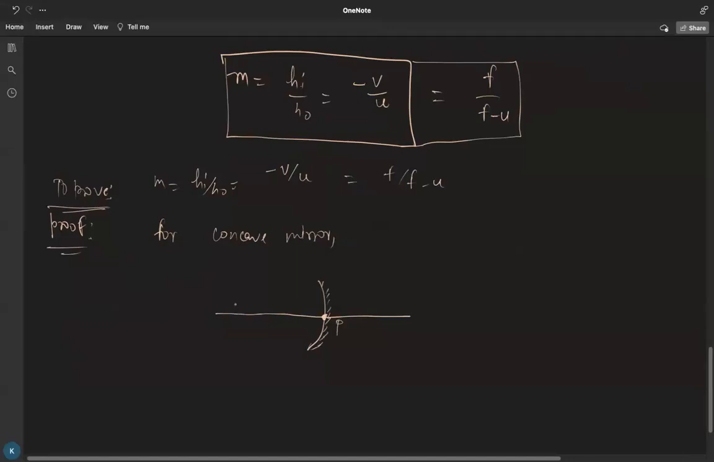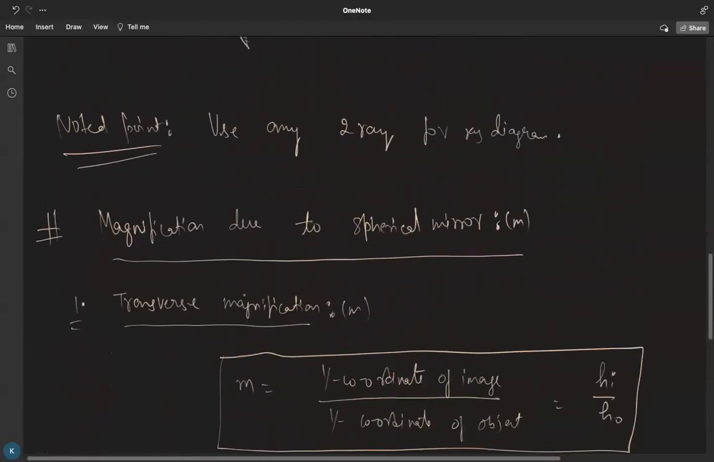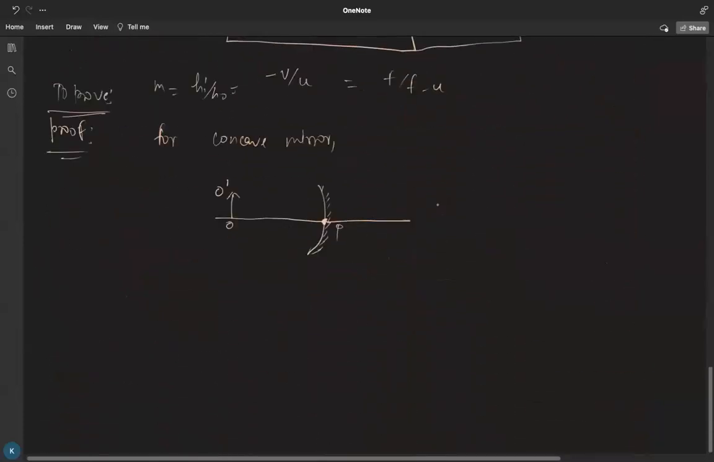So let us assume this is our pole, and O dash is the height of the object. Whenever we have to draw its image, we have to use two rays, as I told you earlier. Use any two rays for the ray diagram. So first, I'm using the incident ray which is parallel to the principal axis. After reflection, we know it passes through the focus. The second ray we are using is the one passing through the pole. So after reflection,